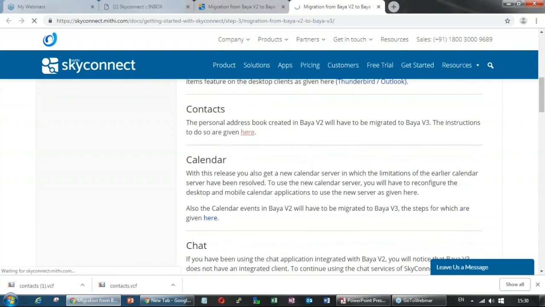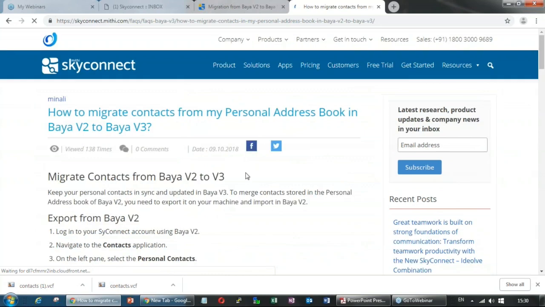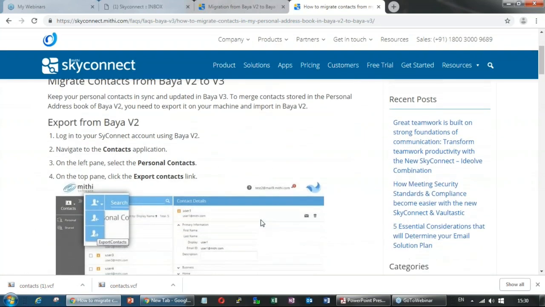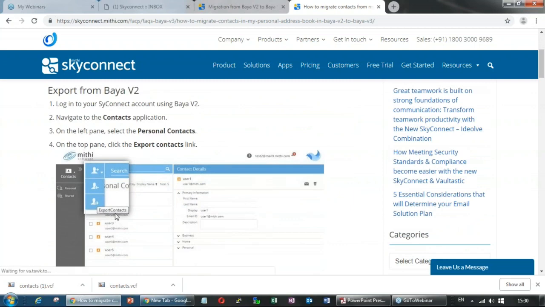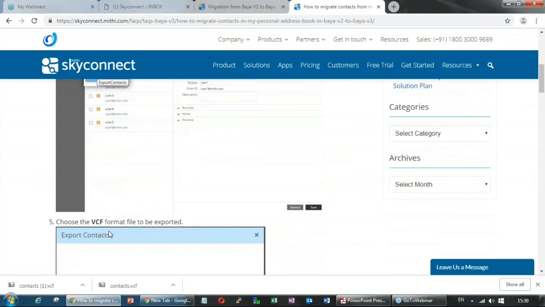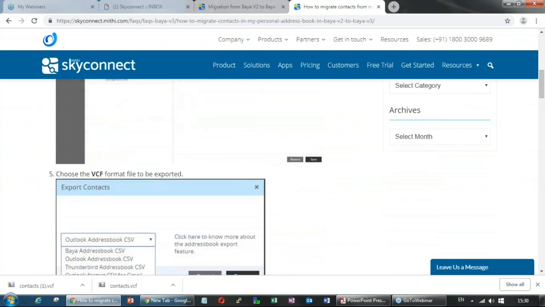if you go to contacts, in Baya V2 you can export from here. From V2 you export the contacts, a VCF file will be created.